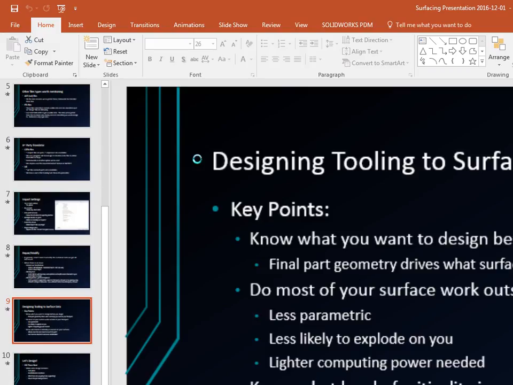Can you repeat that IGES thing for people that weren't here earlier? Yeah, so when you save off faces as an IGES, it will knit them together. So like these two faces are not separate bodies. Whereas if I would have done this and saved it off as a parasolid,